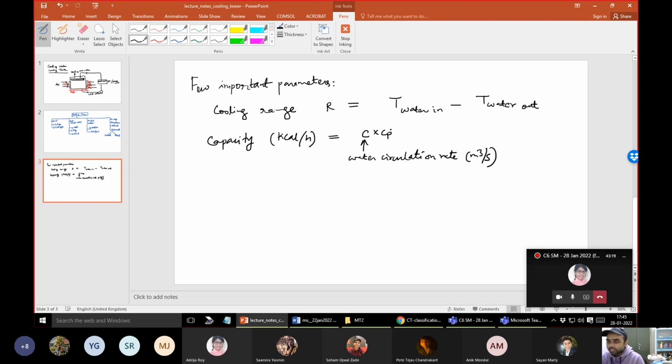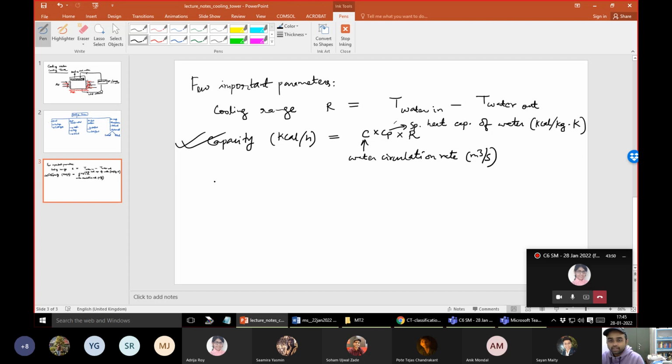So Cp is the specific heat capacity of water in terms of kilocalorie per kg Kelvin, and multiplied with the cooling range. Right, so this determines the capacity of the cooling tower,